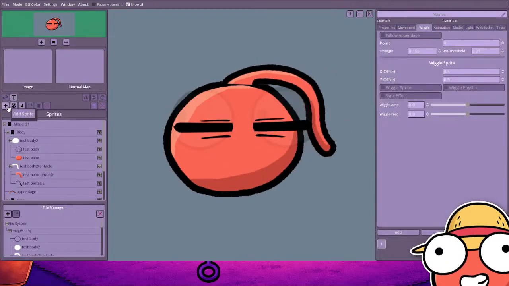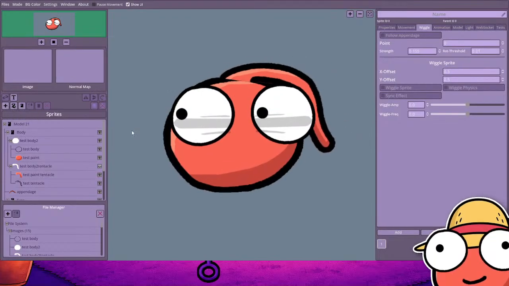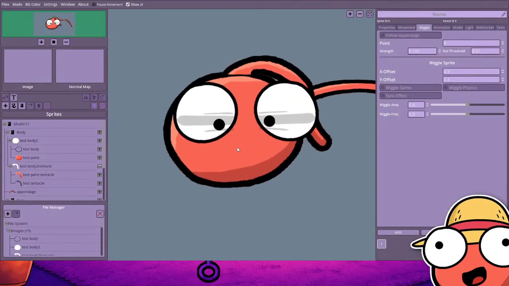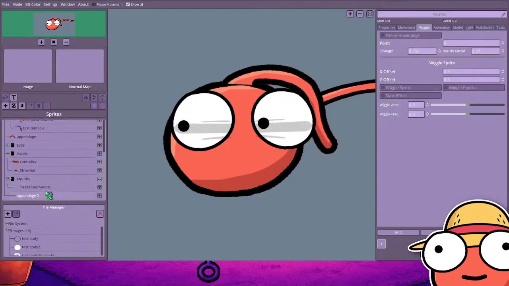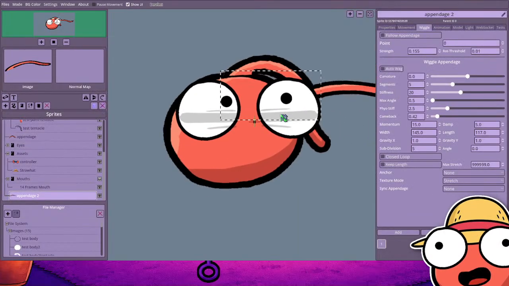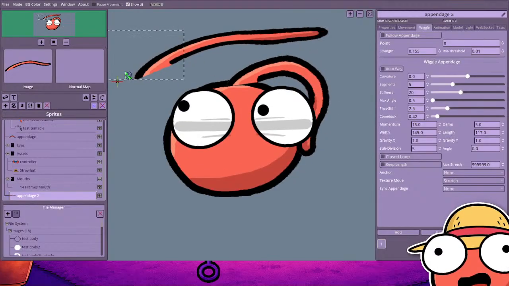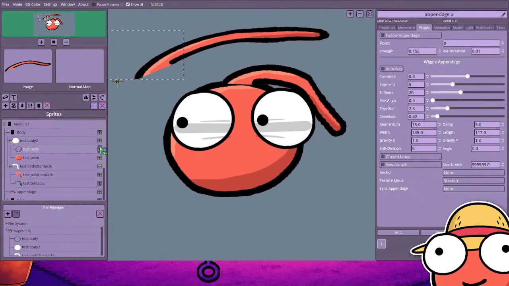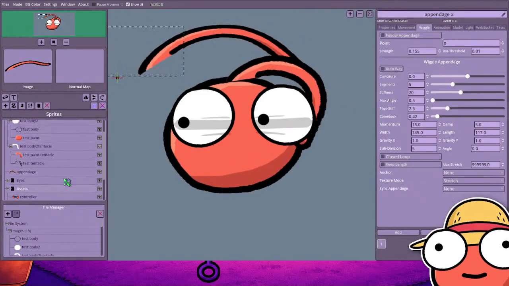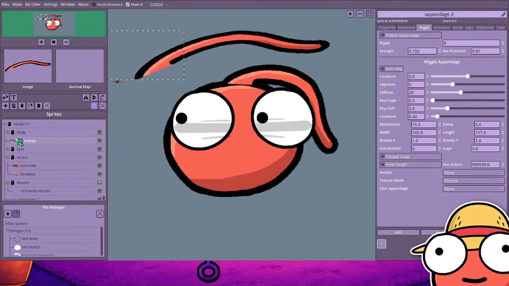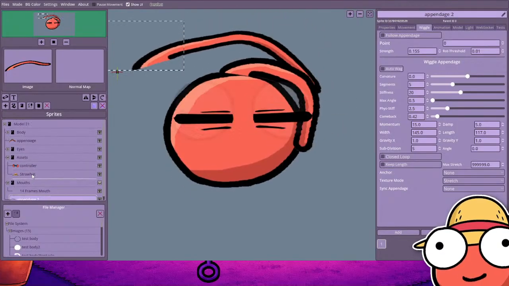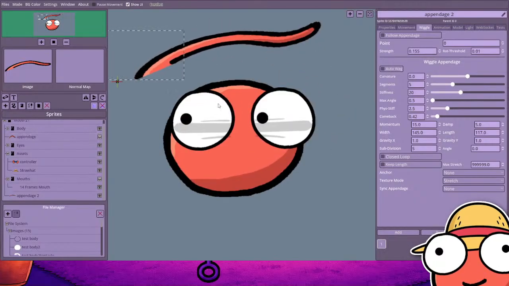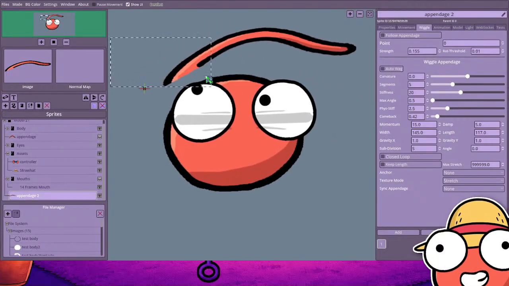Now let's add the appendage. Add appendage, and we use this one. We go yes, and there we go. So for example, this one over here looks far more like a tail. That's not what I'm looking for, but it genuinely doesn't really look that bad also. So for example, here, let's see. There we go. For example, if I go ahead and turn this one off, this one I leave on,